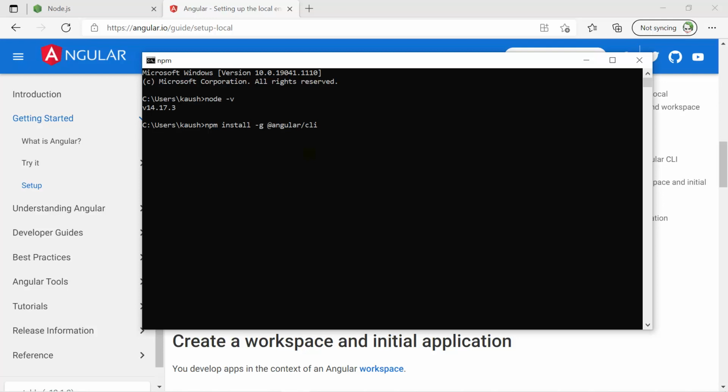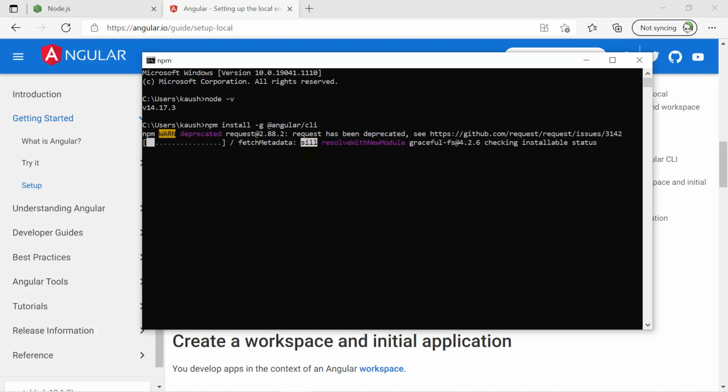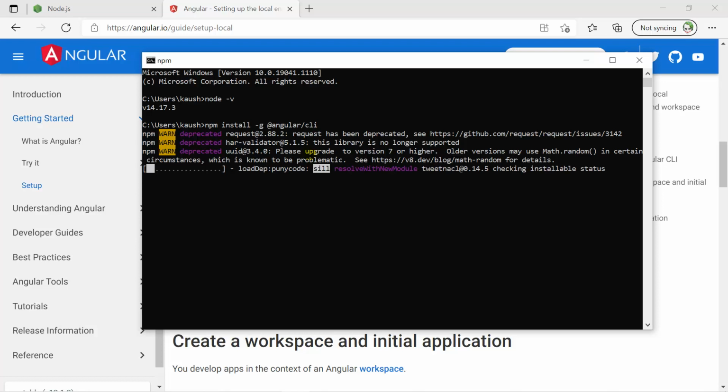This will install the latest version of Angular that is available. If you are watching this video in future and the version of Angular is different, then this command will install that latest version automatically. Now there is also a scenario where you have installed some old version of Angular. For example, let's say we have Angular 10 in our system and now I want to work on Angular 12, which is the latest one. By using the same command, you will get the latest version in your system. So ultimately, you simply have to use this command and the latest version of Angular in any scenario will be installed in your system.